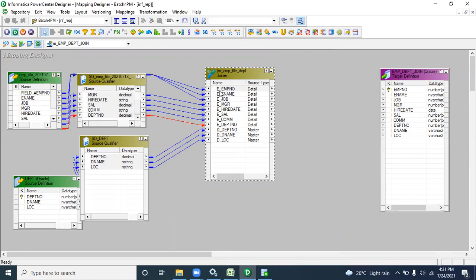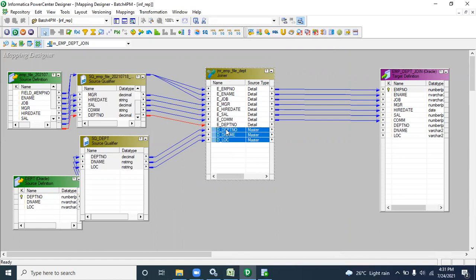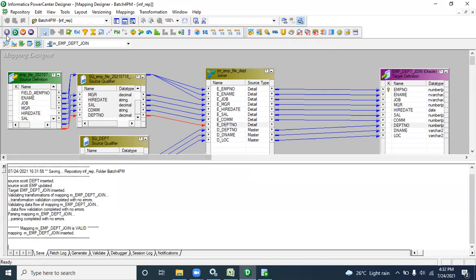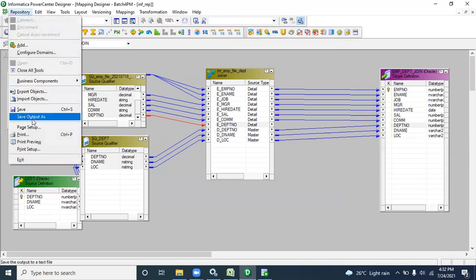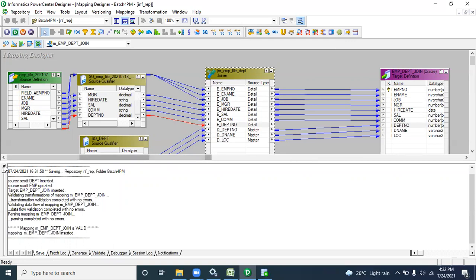Then select all those things based on the requirement. I'm selecting up to this as a table. Then suppose I am taking department. I'm selecting this one; there's no need to take the other, because you need only one department, right? Click on right, go to repository, click on save, or press Ctrl S from your keyboard.